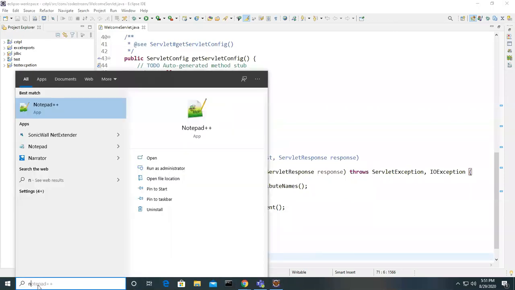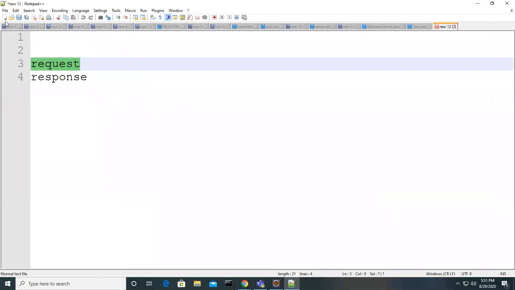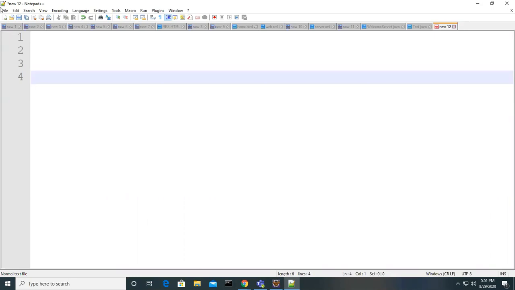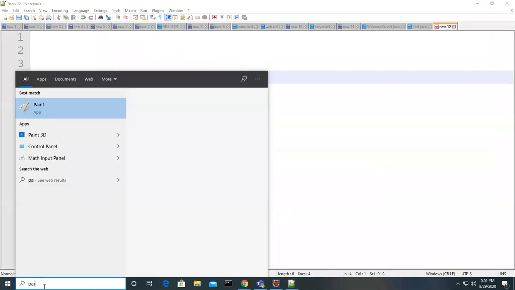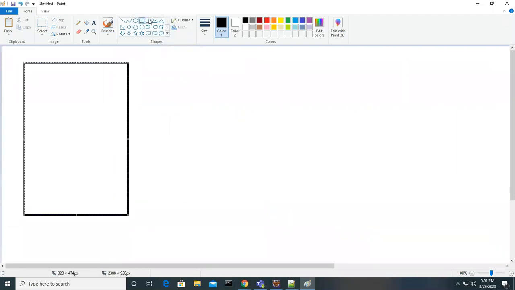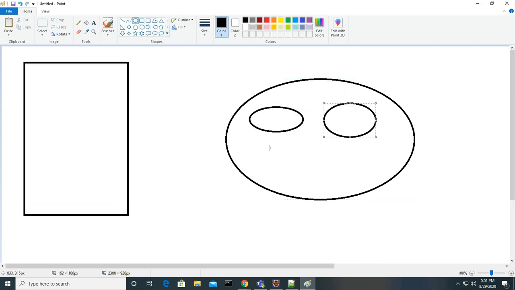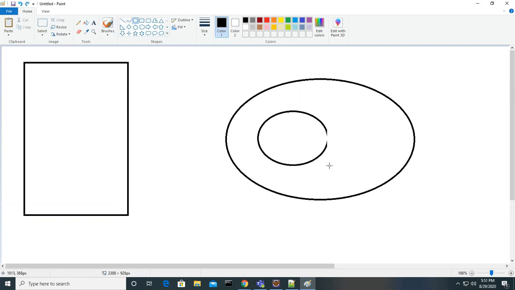Let's note it down. So let's say this is the browser and this is the server. This server has multiple services and resources. The server has projects, like project 1, project 2, project 3.